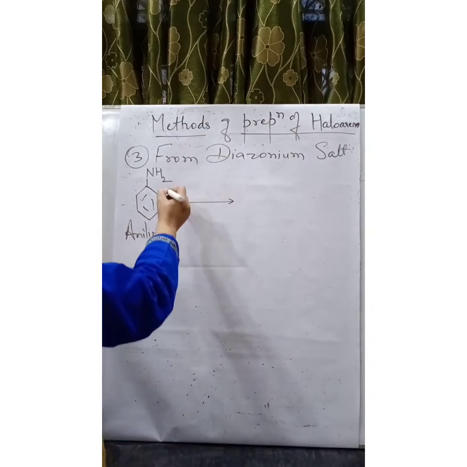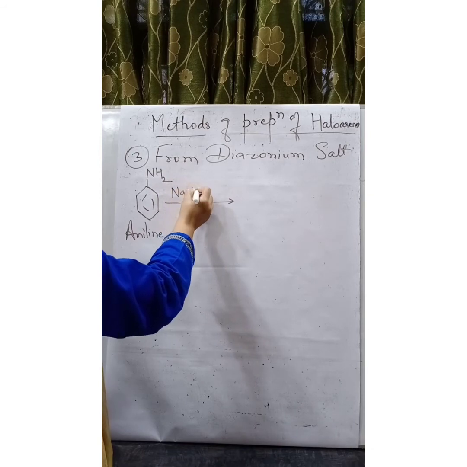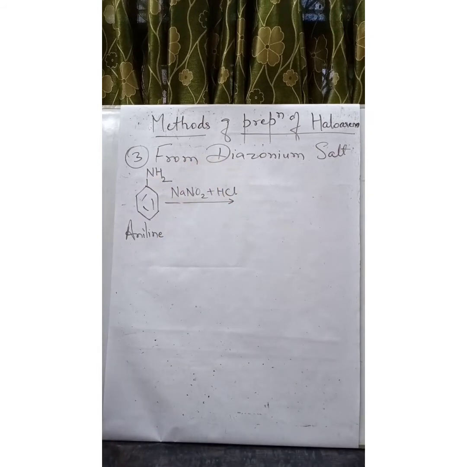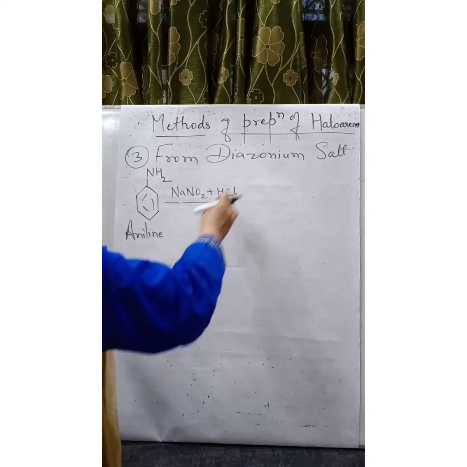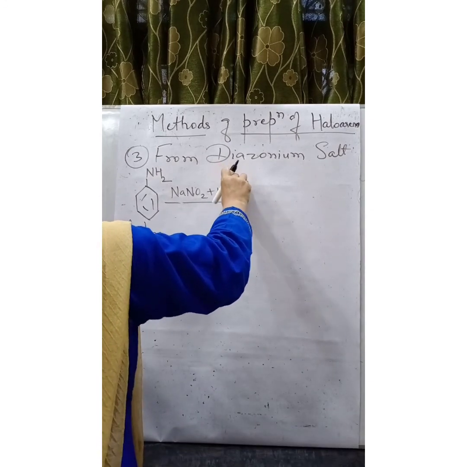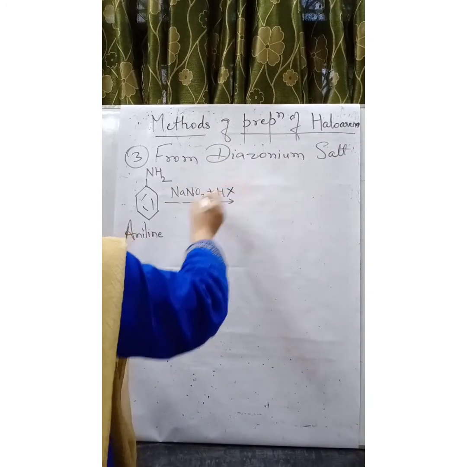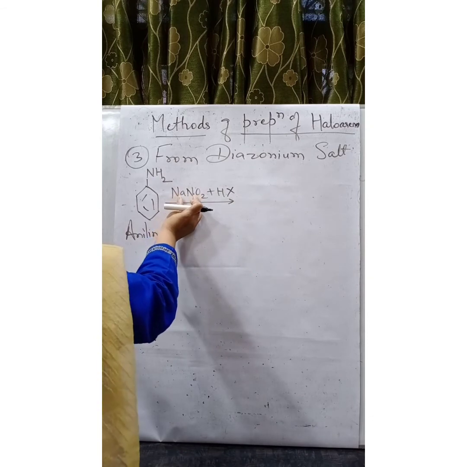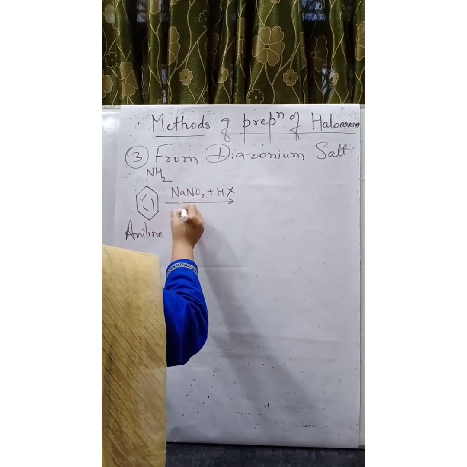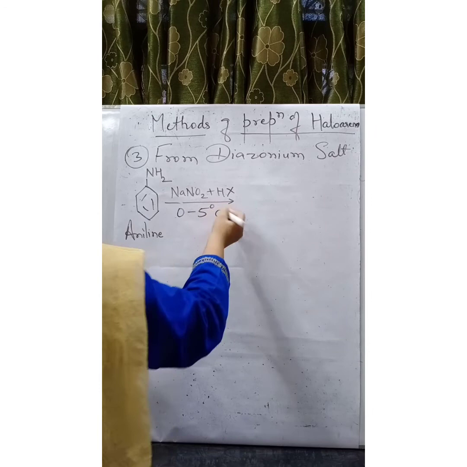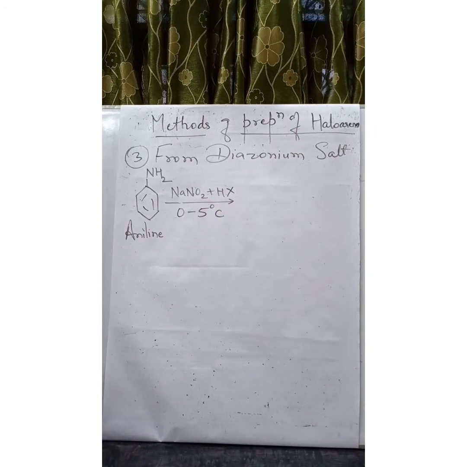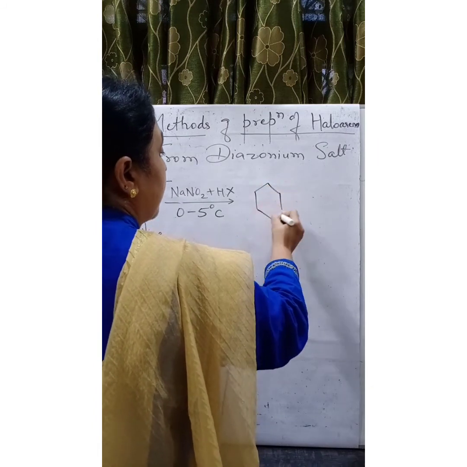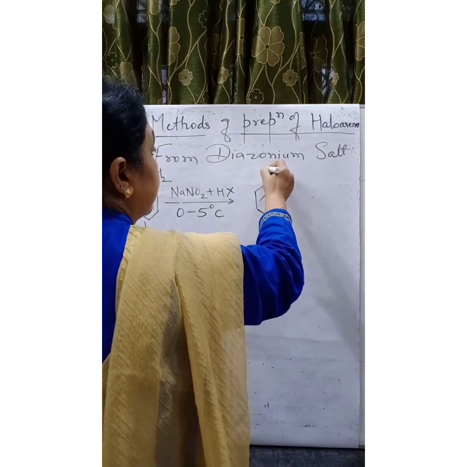When treated with a mixture of NaNO2, sodium nitrite, and HX, at a very low temperature of about 0 to 5 degrees Celsius, it results in the formation of a reactive intermediate